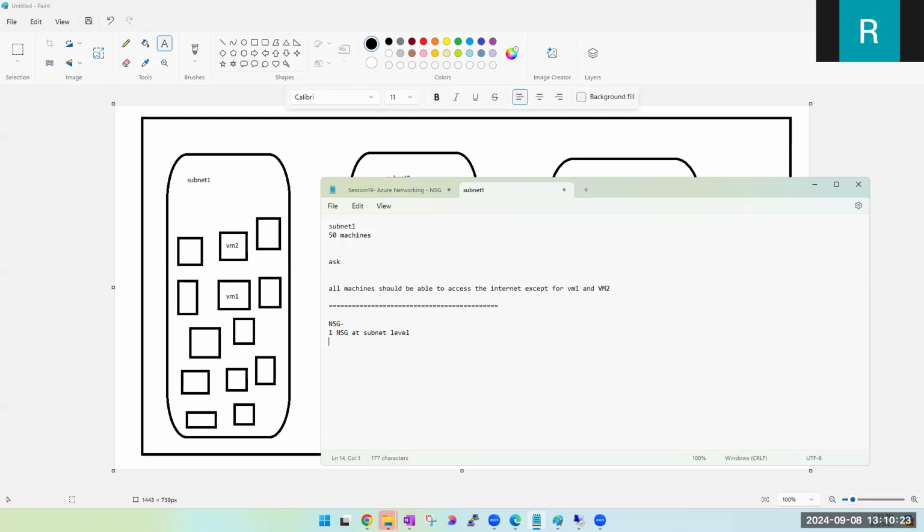No, no. I'll create the NSG and take the default rules only. I'll not create my own custom rules. Okay, fine. So no custom rules. Got it. Next, what for the two machines in which you have mentioned that VM1 and VM2 should not have the internet? I'll apply the NSG at the NIC level. I'll deny. Not the same NSG, but I'll apply custom rules, and I'll keep the priority low.